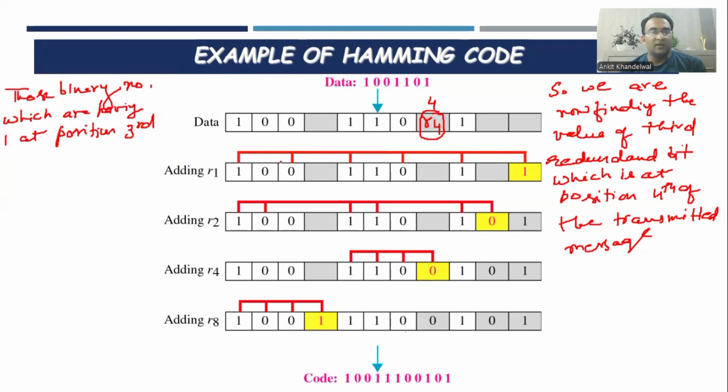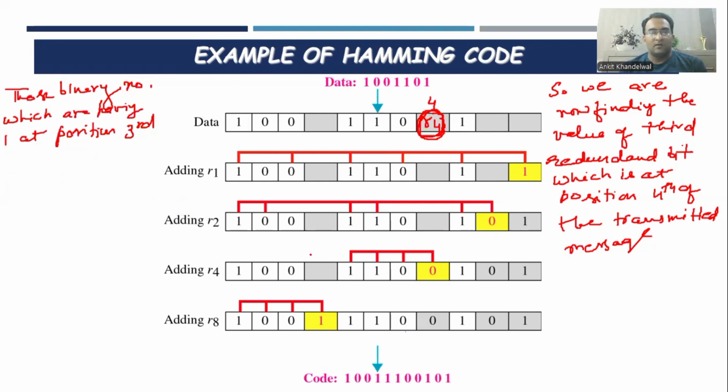Why third? Because this R4 bit is the third redundant bit, which is at position 4 of the transmitted message. So the binary values which we are going to see are